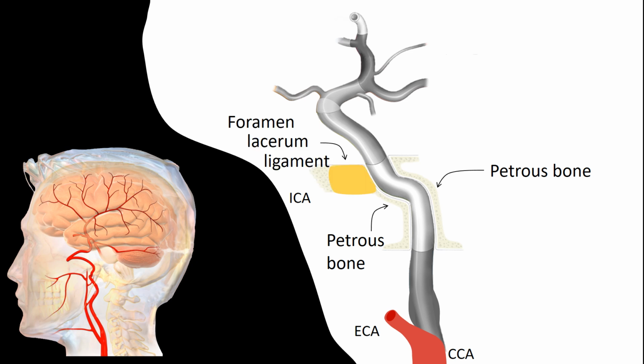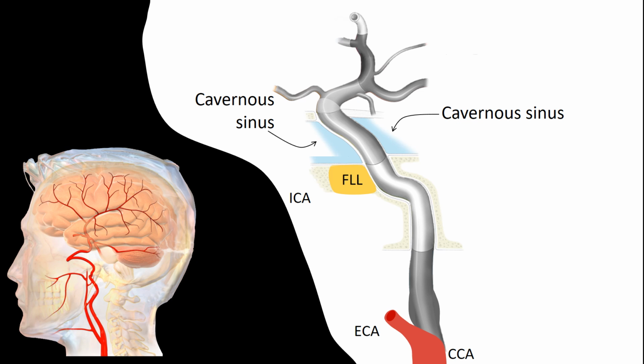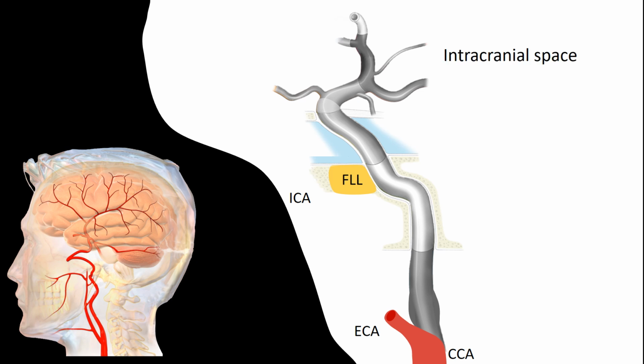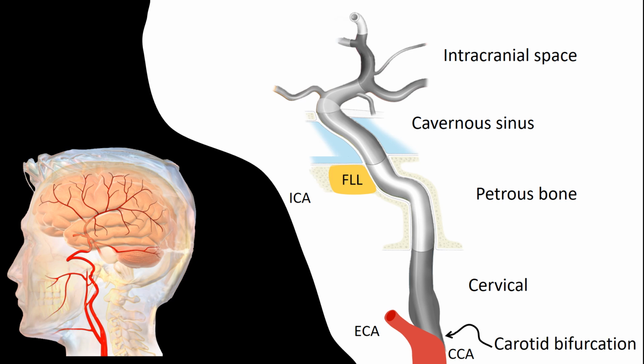the foramen lacerum ligament, here labeled FLL. Then it enters the cavernous sinus and goes into the intracranial space. Hence, we talk about the internal carotid artery having an intracranial or cerebral part, a cavernous part, a petrous part, and a cervical part. The common carotid bifurcation and the external opening of the carotid canal are the boundaries of